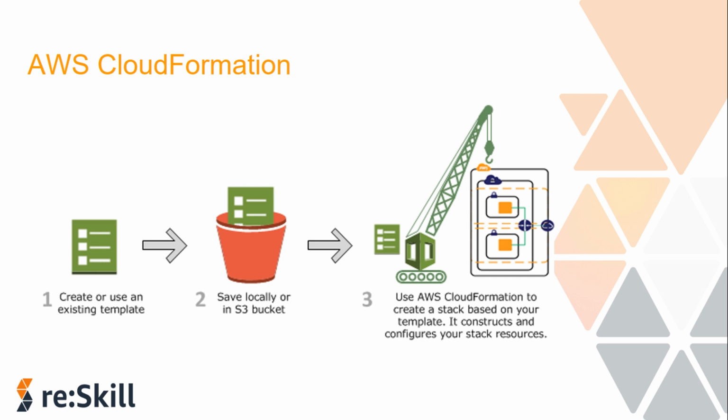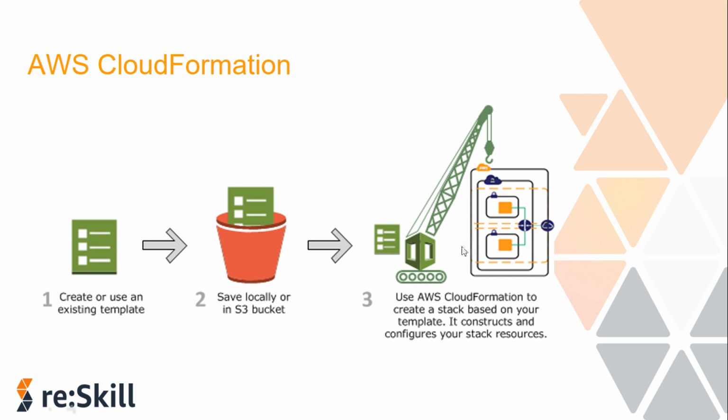You author your resources in either JSON or YAML with any code editor. Check it into a version control system. Then CloudFormation builds the specified services in a safe and repeatable manner. A CloudFormation template is deployed into the AWS environment as a stack. You can manage the stacks through the AWS console, CLI, or through the CloudFormation APIs.